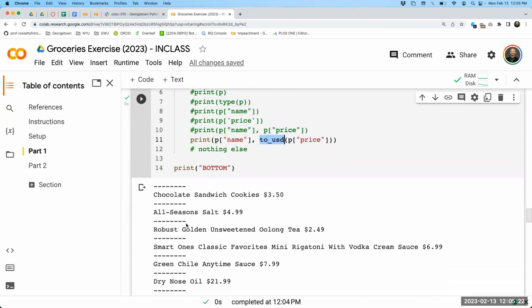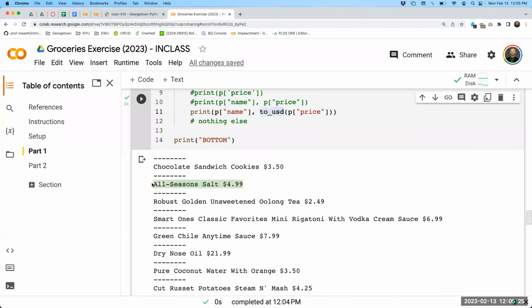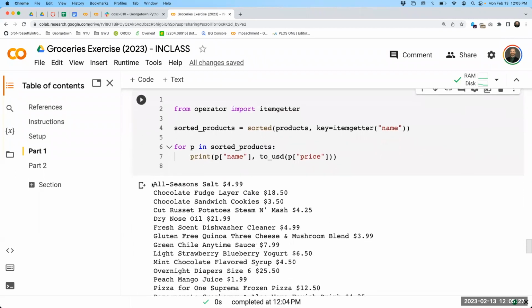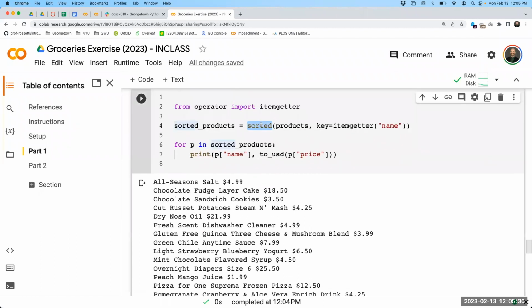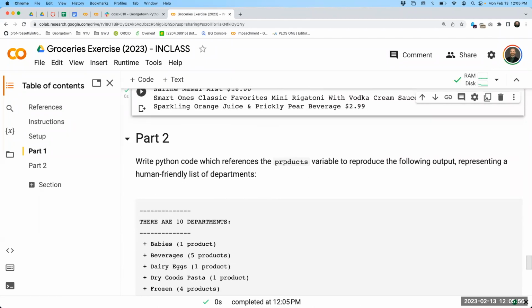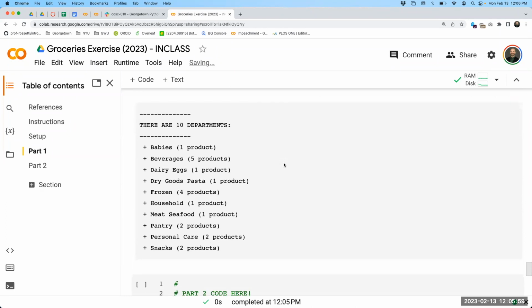Hopefully this is a recap of what we did the other day. And that helps us arrive at our list of products. And then we sorted them using the sorted function. And since we're sorting a list of dictionaries, we had to say, well, on the basis of what key should we sort these items? And we chose the name key. And that's what gets us our list of products. And that's what helped us complete part 1. So we're working with a list of products and we're just printing them a different way. Now in part 2, our goal is similar,